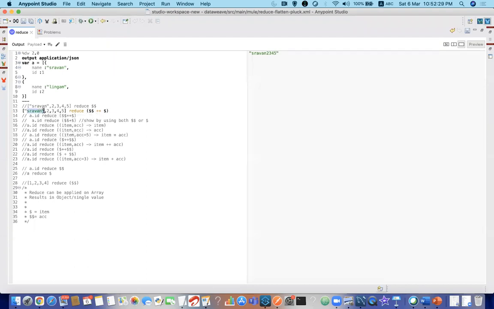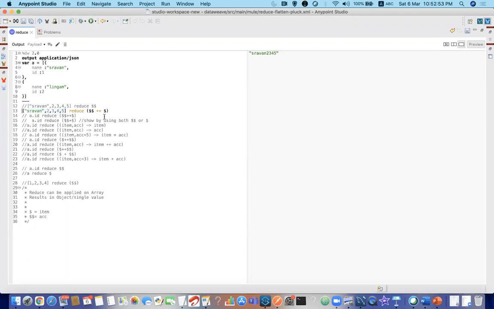Like the first value is Shravan, because first it is $$, right? So first Shravan, next Shravan 2, next Shravan 2, 3, next Shravan 2, 3, 4, next Shravan 2, 3, 4, 5. Clear on that?